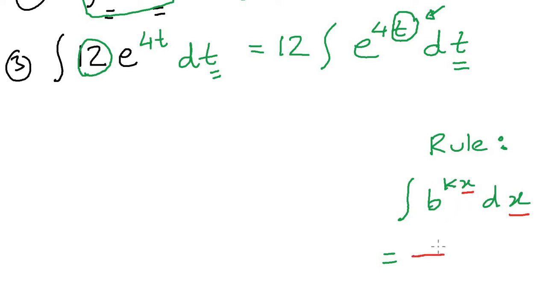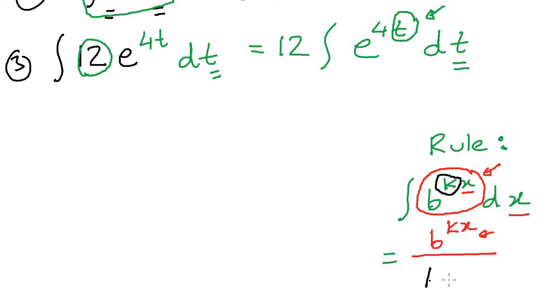So the integral is going to be equal to the original integrand. So write the original integrand as it is. Just copy paste this, and in the next step, whatever is beside x, write that in the denominator. So whatever is beside x, write that in the denominator, and then take the ln of the base. The base is the number that is below x, so take the ln of the base. So we have to apply this particular rule to this particular integrand.